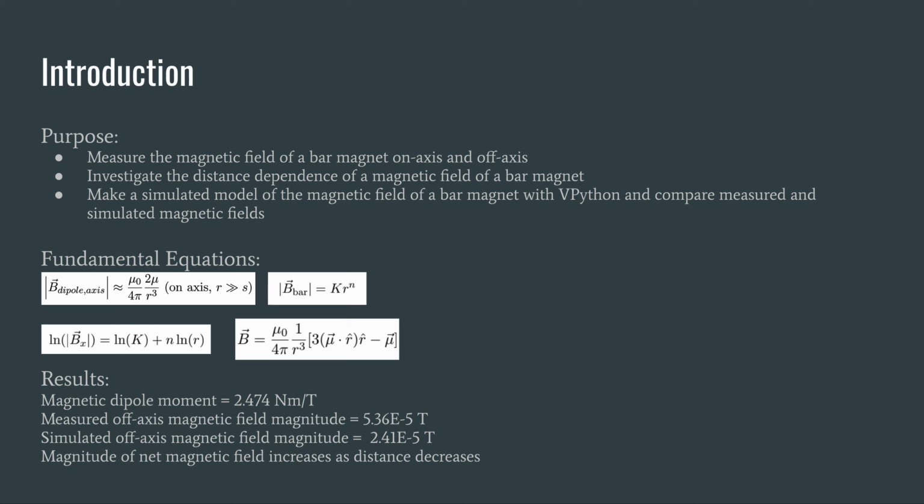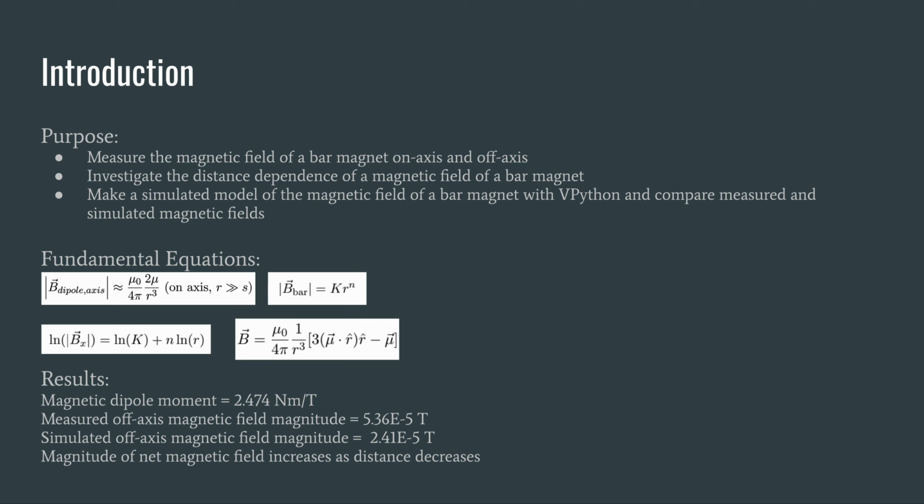So the purpose of this experiment was to measure the magnetic field of a bar magnet on axis as well as off axis, and to investigate the distance dependence of the magnetic field of a bar magnet, and then make a simulated model of the magnetic field of a bar magnet with Python and compare that simulated magnetic field to the measured magnetic field. Here are some of the fundamental equations,